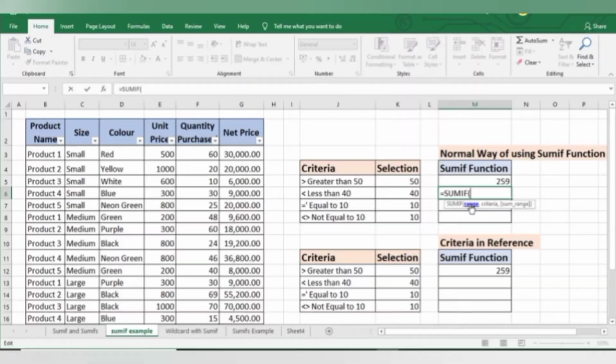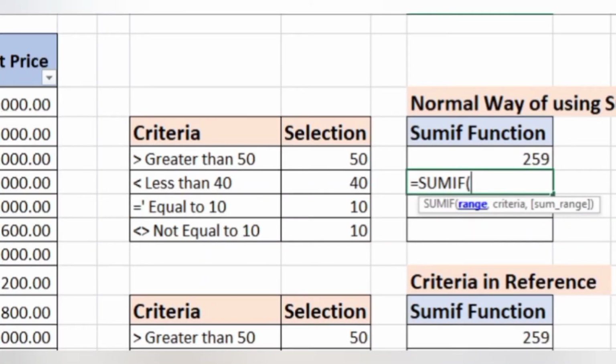Now in SUMIF formula, the sum range is an optional one. You may or may not type anything in that sum range. If you don't type anything in sum range, then this function will automatically take range as your sum range. So that is why